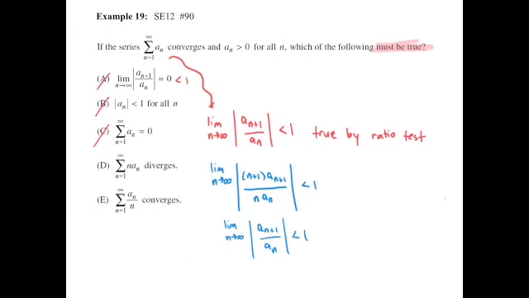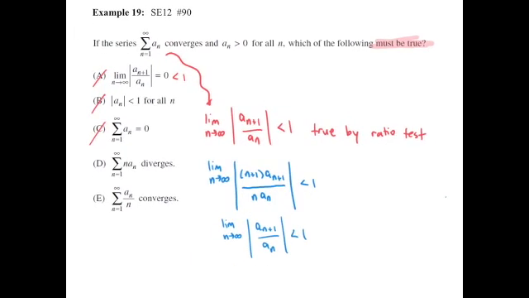Now, the statement in letter D says that would somehow cause it to diverge. That's false. It's not going to cause it to diverge. It's actually going to have the same relationship that the original had. It's going to simply converge. However, if we take a look at letter E,